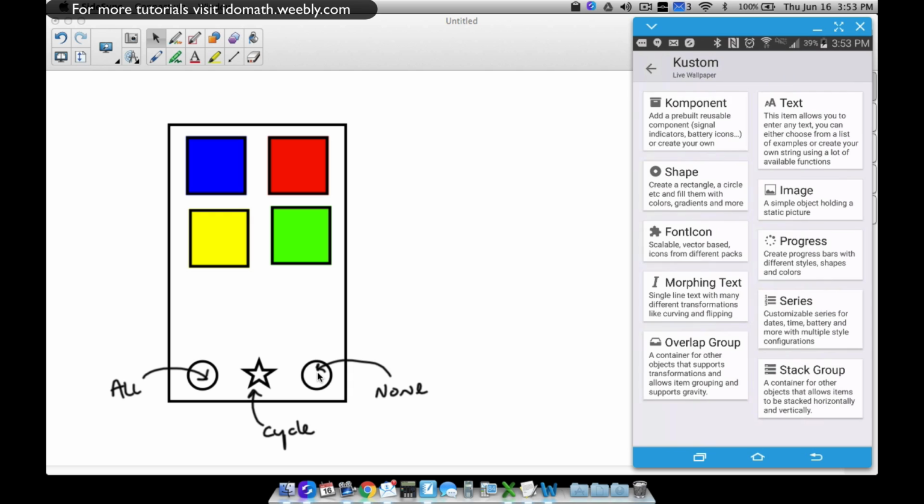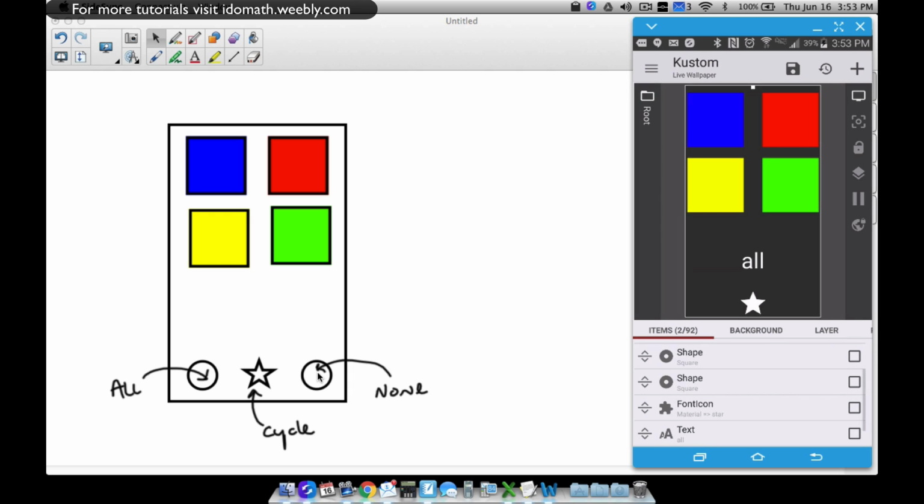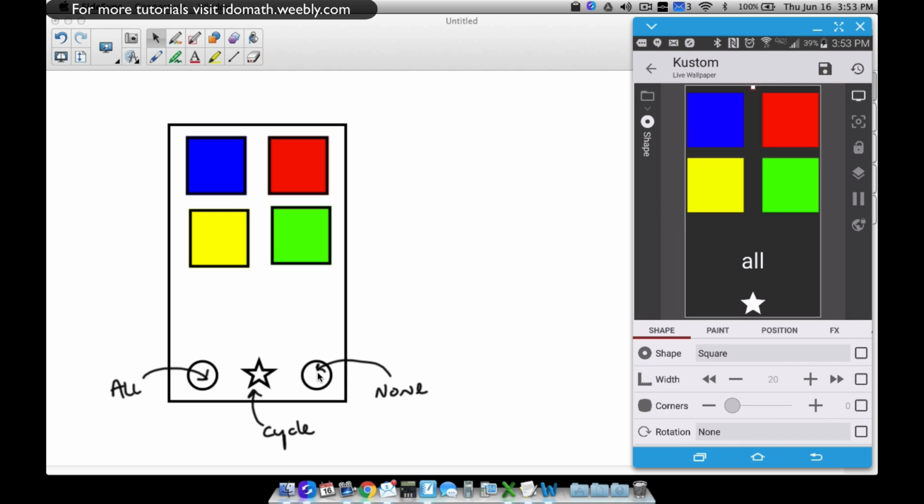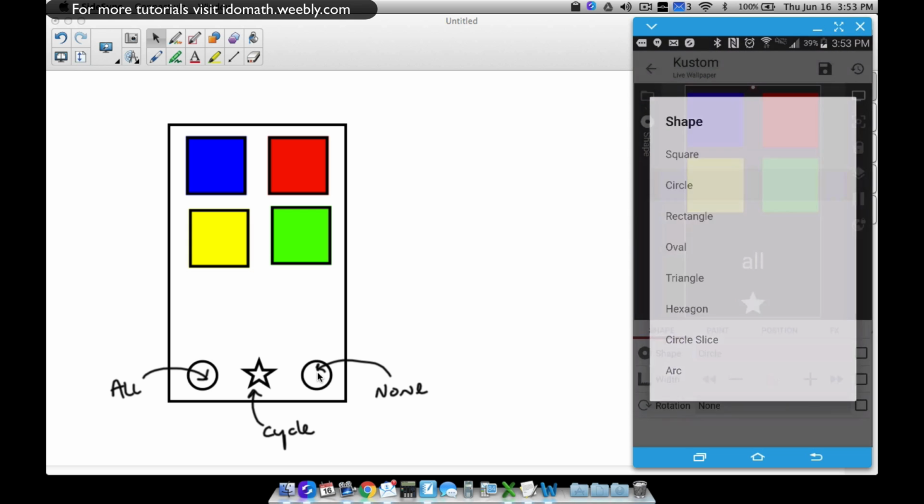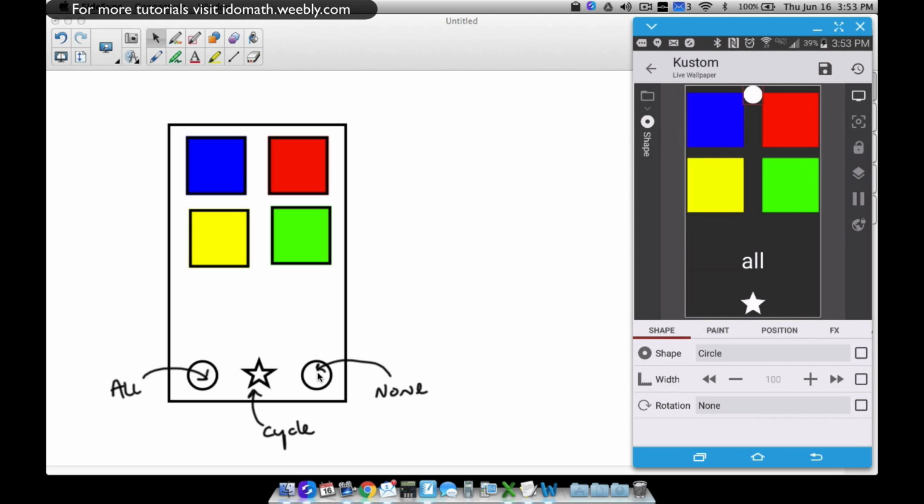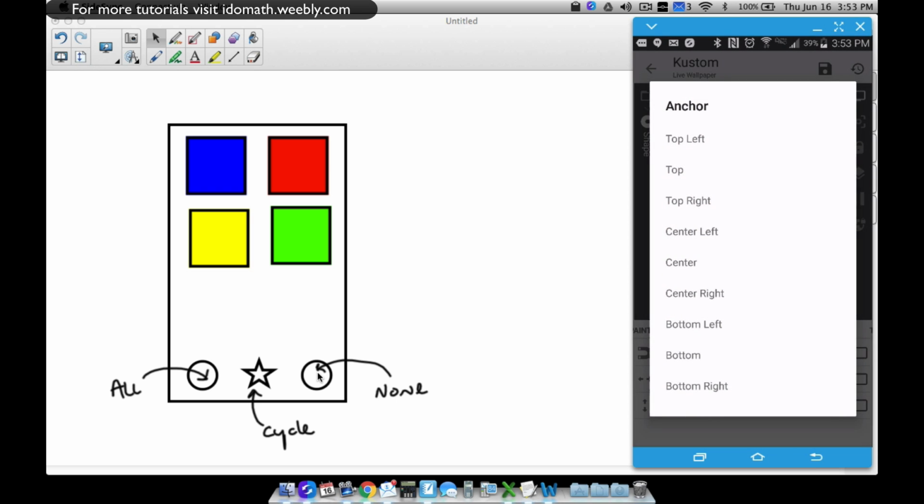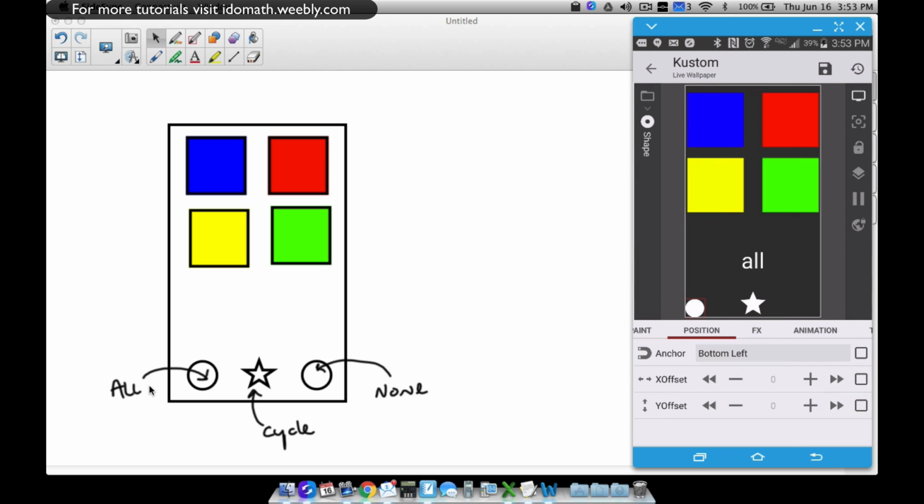We're just going to add a shape. You could do whatever; I'm just going to do a button, but you can do a font icon or what have you. Let's bump it up, and let's put its position in the bottom left. The bottom left one, I want it to be all. So let me go to touch. When we touch the circle,